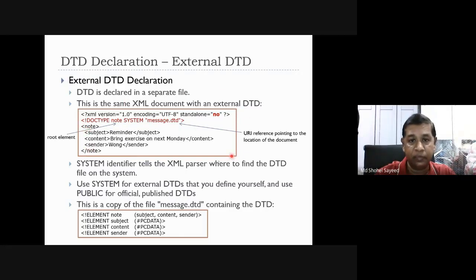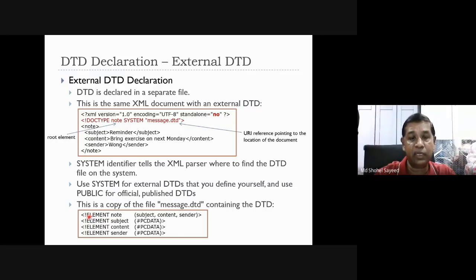So this is message.dtd. Then this is the explanation. This is the internal one. This is the external one. The file is already specified here. Then we define the XML document, root element, sub elements, and again the root element. Now, if you look at message.dtd, the last part, we define the rules and regulations inside message.dtd. This is the external file. That's why we call it the declaration of external DTD.